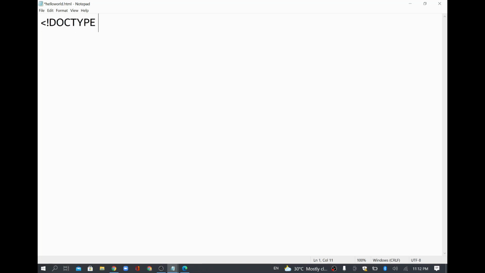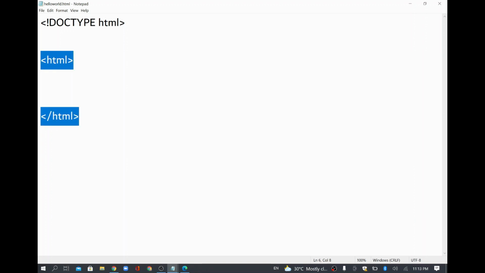So now we are going to add some information in our HTML file. In order to start any HTML file, you need some declaration, which will be like doctype, and then you can have this HTML. So this will be your declaration tag, and afterwards if you want to start anything, it has to start with HTML. That is a starting tag, and then you have to close that with your ending tag. Any tag, whatever you start, has to be closed. And even HTML is case sensitive, so you can type it in capital or smaller case, but it's always better to write in smaller case.